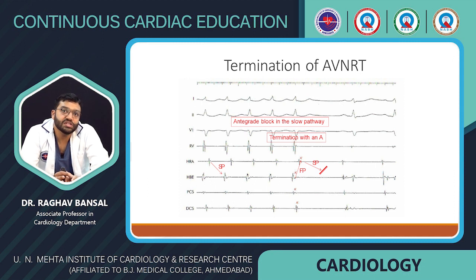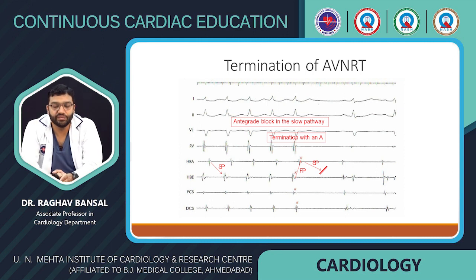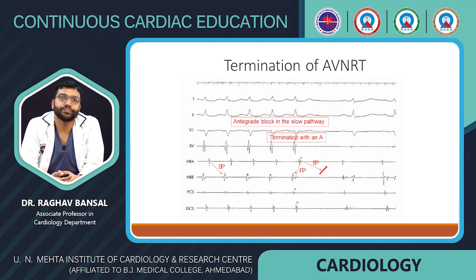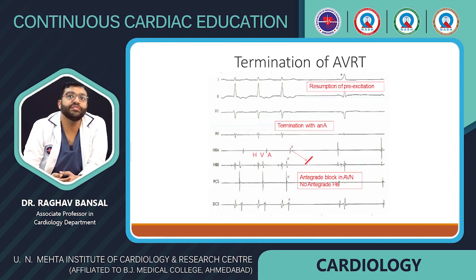Atrial tachycardia is not dependent on conduction through the AV node. And if the conduction through the AV node is blocked and it terminates the tachycardia, it cannot be atrial tachycardia. It has to be an AVNRT or an AVRT, because in an atrial tachycardia, AV block should not terminate the tachycardia. So this is a very important concept. If we see a termination of a tachycardia with A, it rules out atrial tachycardia and it gives a diagnosis of